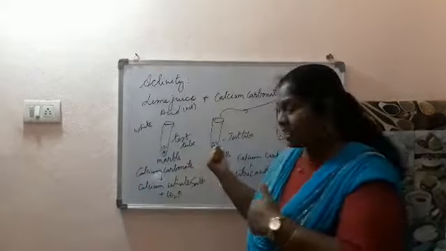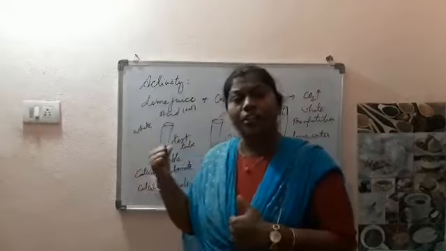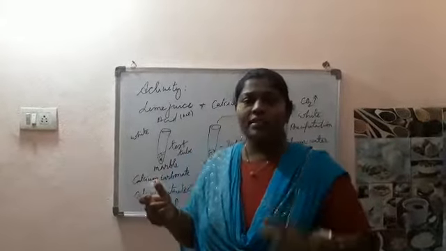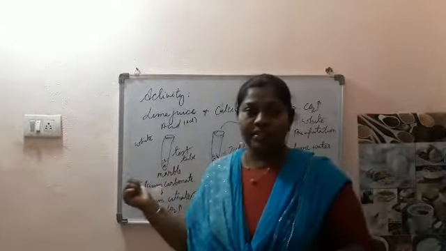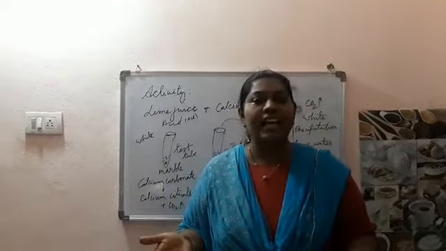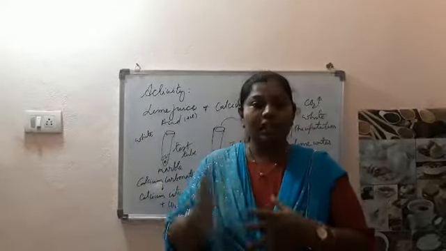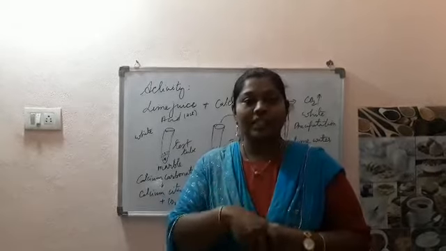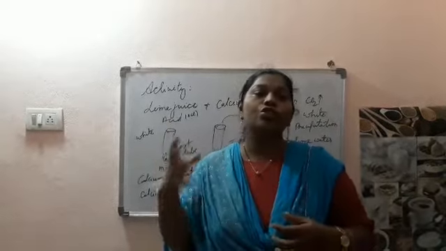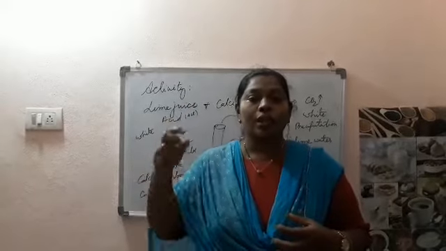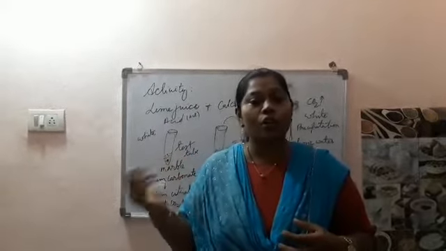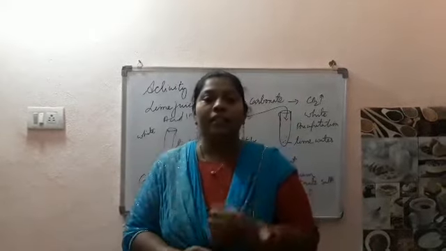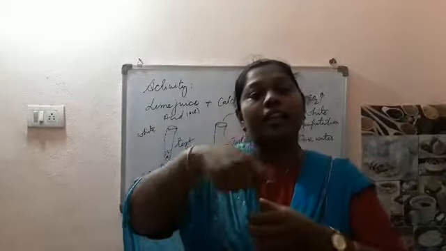Okay, children. This is a simple activity. I think you can do it at your home. Take a glass beaker or any glass vessel, and take some eggshells. Because everybody eats eggs at home, you can clean the eggshells, powder them very nicely and put them in a glass beaker. Now add 2 to 3 lemons' juice. We have to squeeze out the juice from 2 or 3 lemons and pour it into the beaker. Okay. Now stir it nicely.